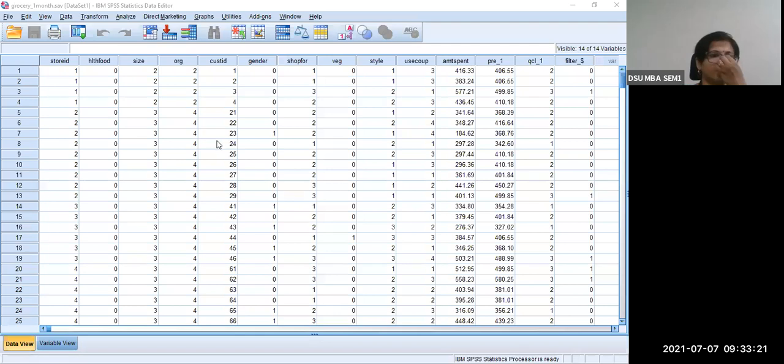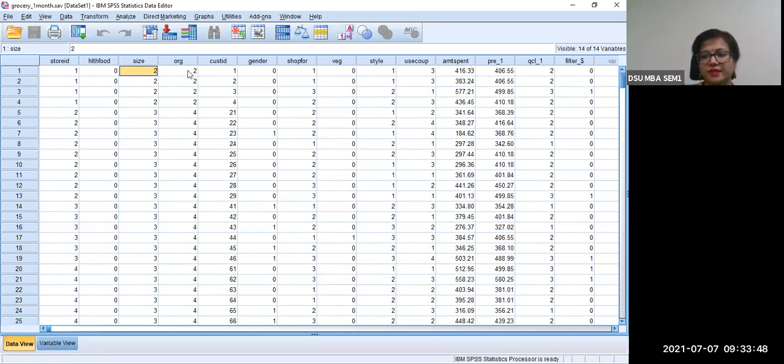Now let us go back to SPSS right now. So let us go back and see what we are going to do here. There is a sheet which comes up in SPSS, wherein you will have to define the variables. So there is one portion of the file which will be used to enter the data. Okay, this is what you are seeing.